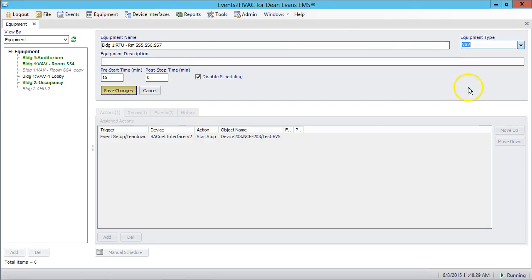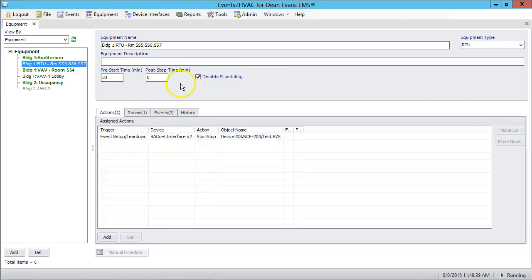And this is an RTU, and I can give it a description here if I want it to show up in the reports. This one has a 30-minute pre-start, and you can see that it's disabled. I'm going to keep that disabled until I make all the changes down here. So let's modify the action,